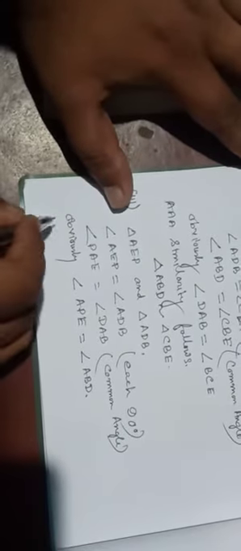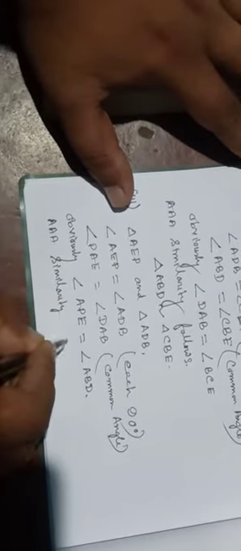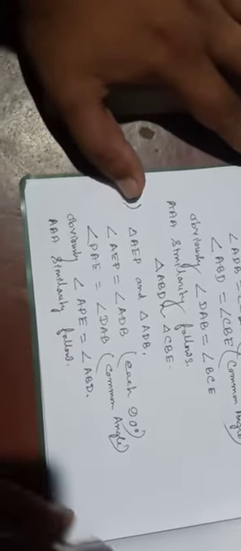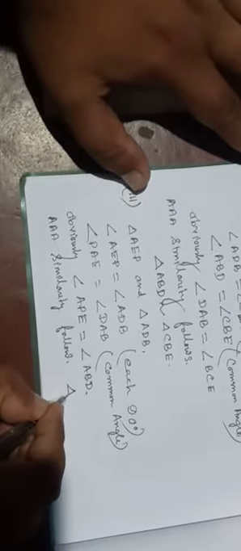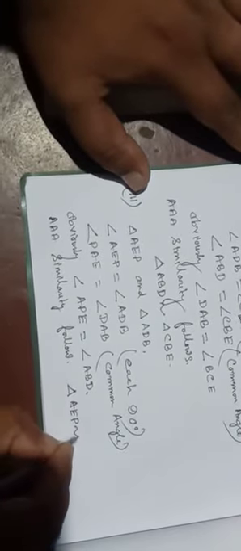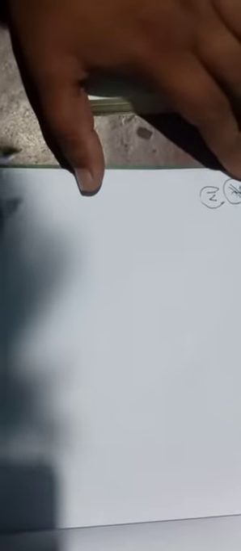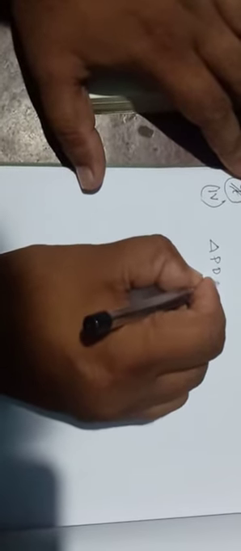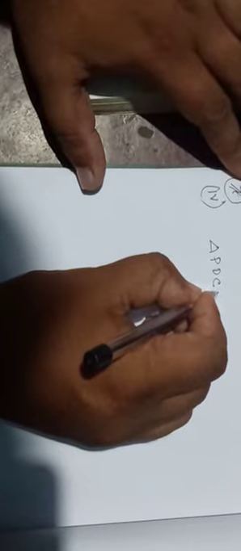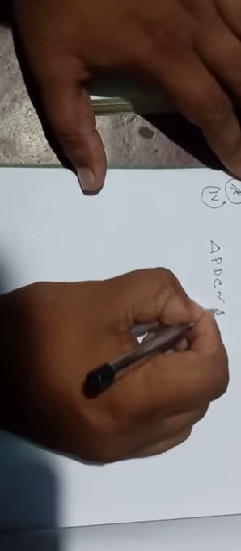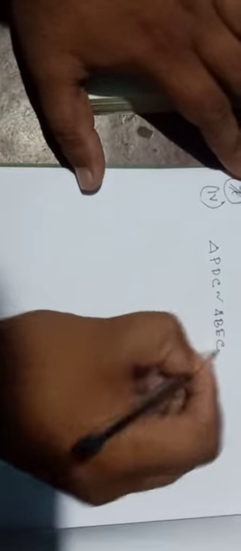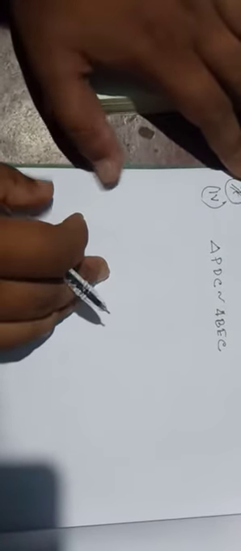So here also angle similarity follows. So we can say that triangle AEP is similar to triangle ADB. The fourth one, we have to prove triangle PDC is similar to triangle BEC. Now again, considering the figure,